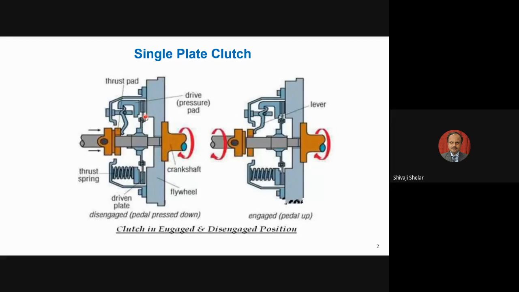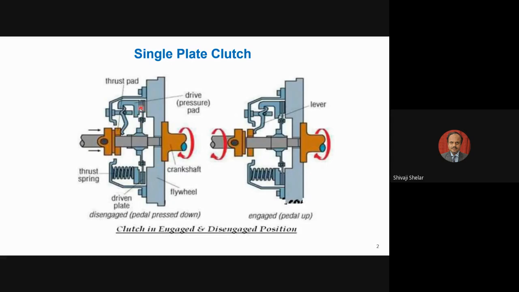During construction, you have a choice. You can keep friction lining on one side, or you can keep friction lining on both sides. Here, this plate is connected to this shaft through this interface as well as through this interface, which goes back to this plate. Whatever force is developed on this surface and this surface causes a torque transmission to the driven shaft. So this is the driver shaft, and this is the driven shaft.